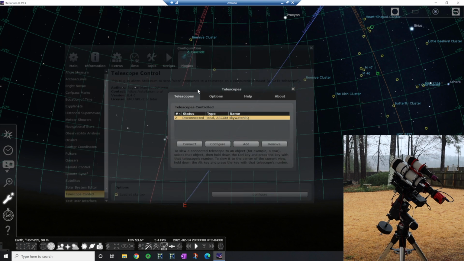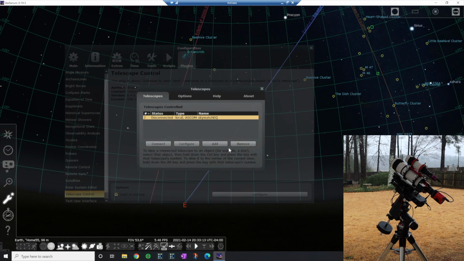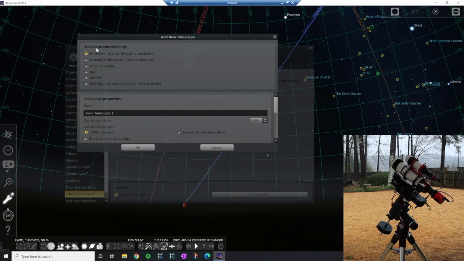And when the configuration menu opens up, the first thing you're going to need to do is add your telescope mount. Alright, so there's several options here for you to use to control your telescope, but I use the ASCOM route. Alright, in the second half of this menu, scroll down some, and you're going to see where you can